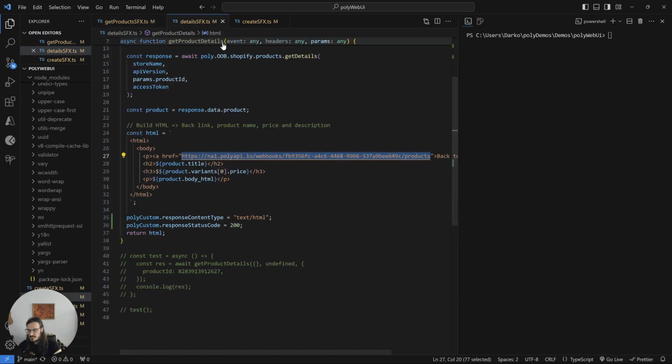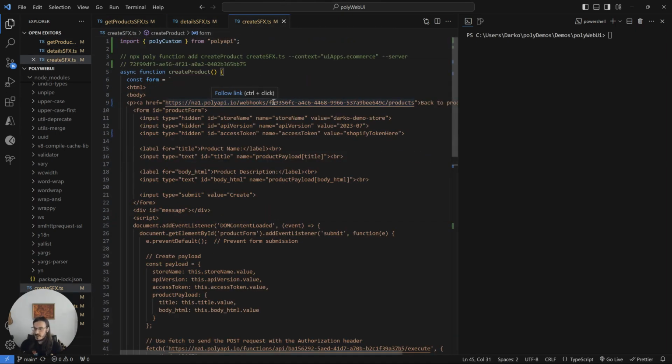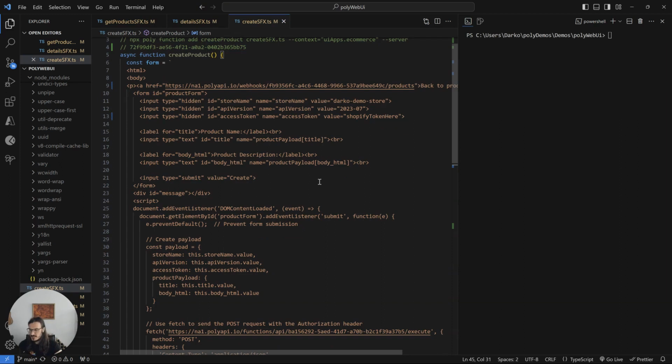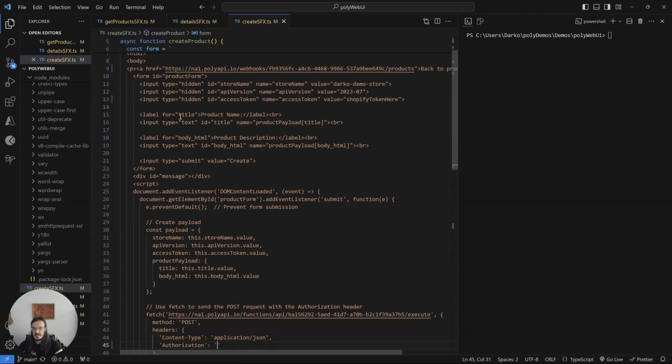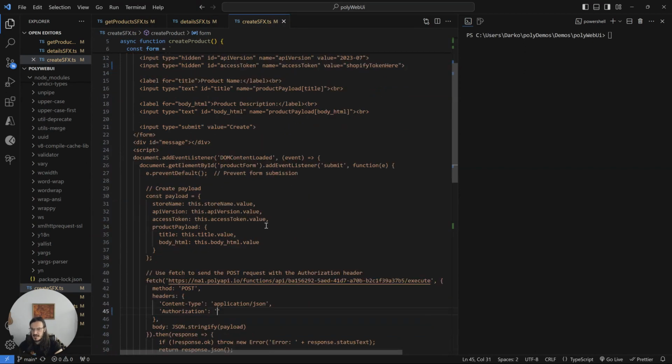Same idea for the details. And then the create product function that I showed you for creating that new product, same idea, just an HTML body with an input form, some JavaScript. Again, I could probably take this to the next level and better structure the code here. But nonetheless, basically just an input form, and then the client-side call will actually go straight against the server function execute endpoint,